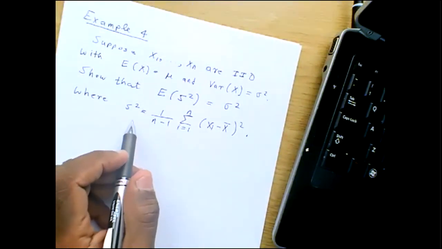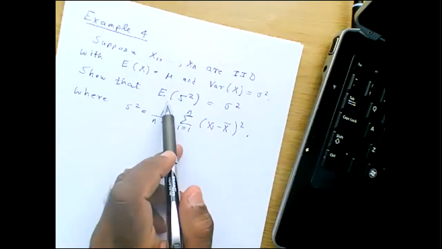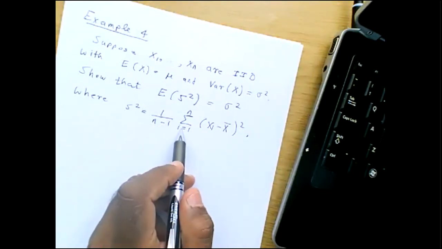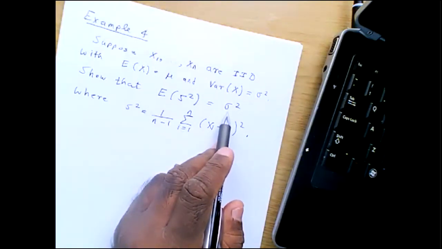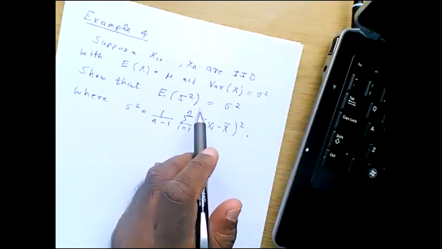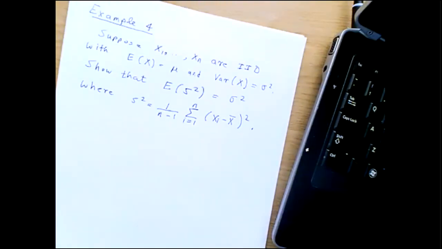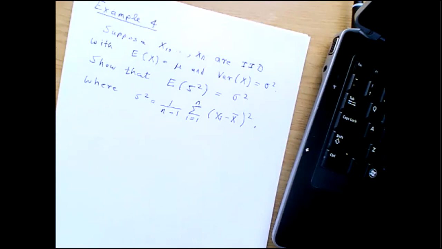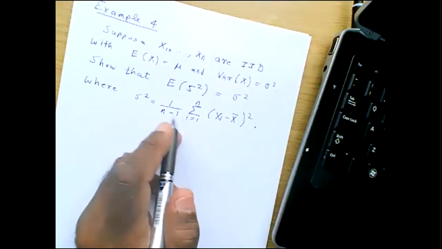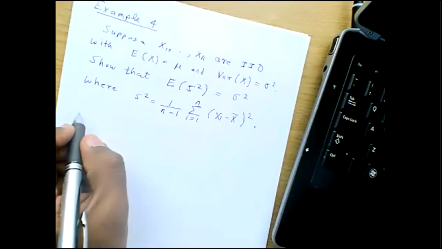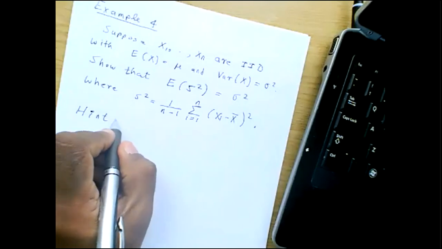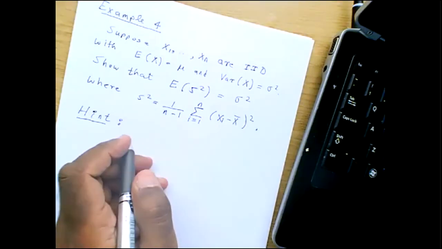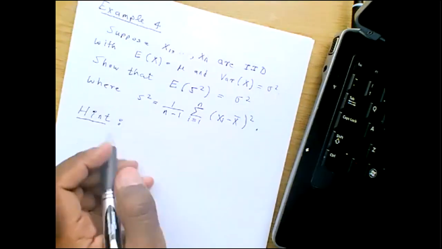The way to do this example is... the problem here is to show that the expected value of the sample variance, this is the unbiased version of the sample variance, is equal to sigma squared, which is the population variance, right? Okay, so in order to prove this, you need to first show that... okay, let me give you a hint. I don't expect you to do this, but maybe some of you can try. The first thing you need to show is that S squared